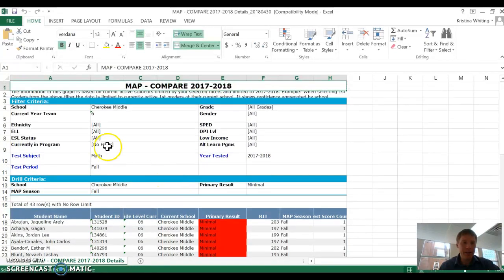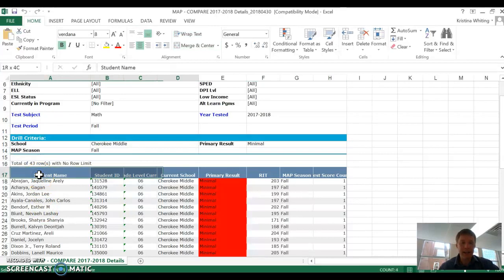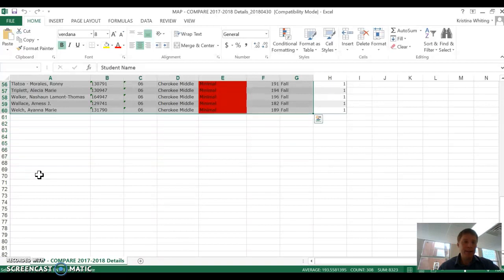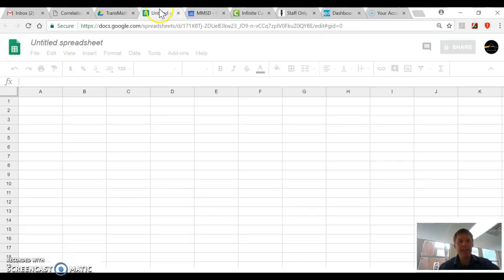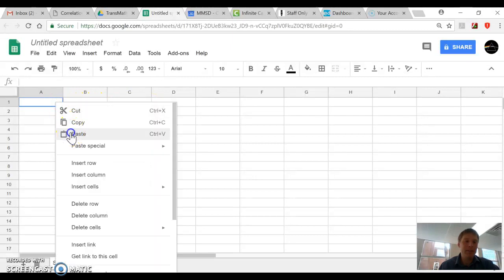What I do at this point is you could keep it in this right here. I generally do not. I take the data that I need and I select it all, holding the shift button and moving to the right and down. I hit a Control C, that means copy. You could also right click on it and select copy too. I'm going to go back to my browser window, and I already have a Google Sheet set up, and I'm going to want to paste my data